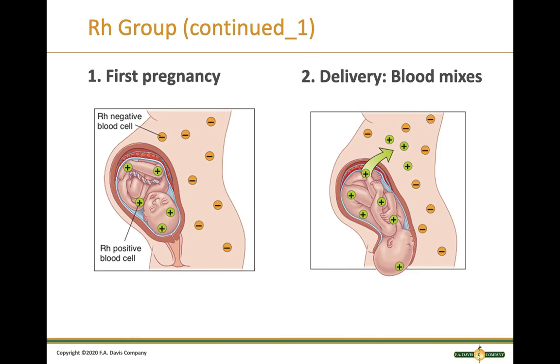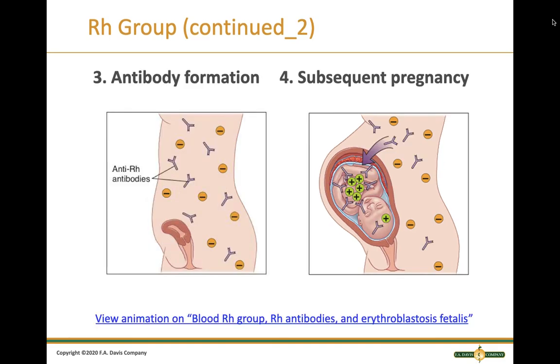Alright, so the conditions leading to Rh incompatibility between a mother and a fetus. 85% of people are Rh positive. So if an Rh negative woman marries an Rh positive man, it's possible their child could be Rh positive. The first baby's fine, but during delivery the blood will mix, and then that mother will produce antibodies to Rh. So then if she becomes pregnant again, her Rh antibodies can attack this baby, and that usually doesn't happen until birth, but then this baby's born with basically all its blood cells destroyed, and this baby would need a complete